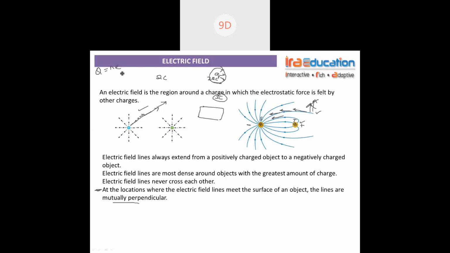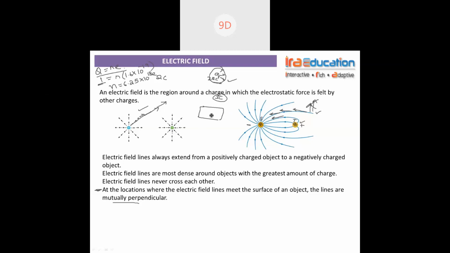See, Q equals Ne is our charge formula, quantization of charge. Suppose I'm talking about 1 coulomb of charge. I want to know the number of electrons, and this is our e value. When you find it, you will get 6.25 into 10 to the power of 18 electrons for 1 coulomb of charge. That's a huge value, by the way. So we usually discuss our charge in microcoulomb for experimental purposes.